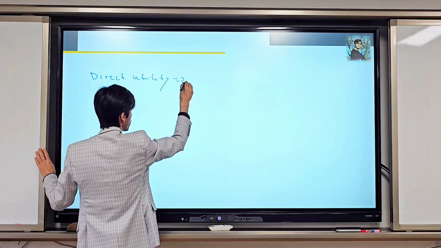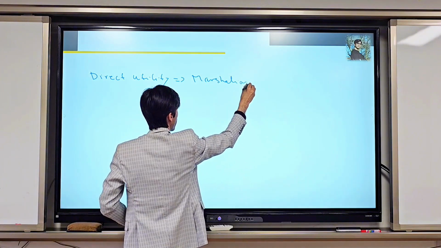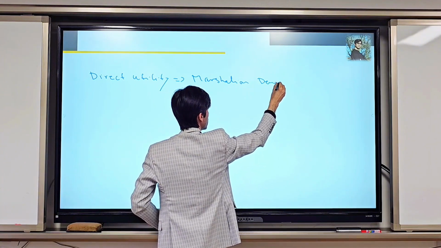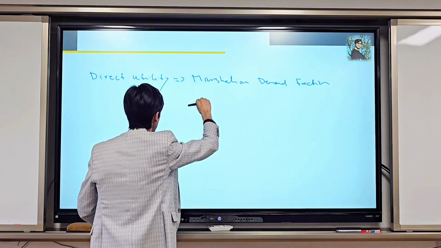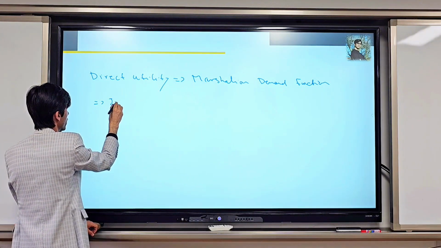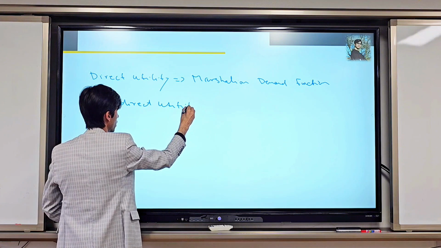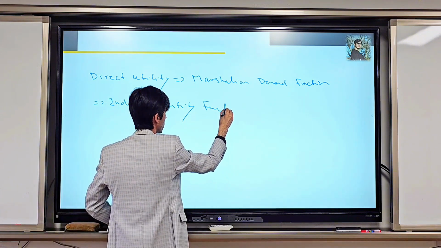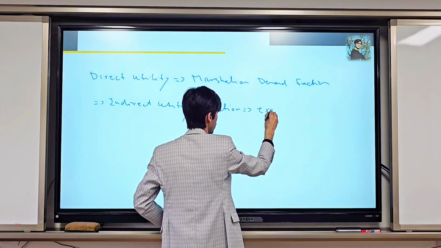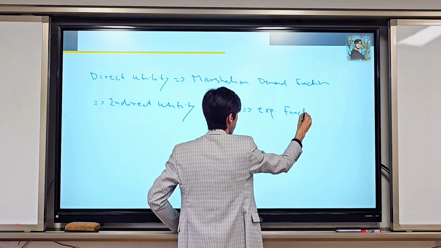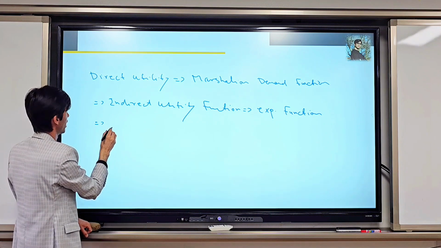By maximizing direct utility, we will move to find out the Marshallian demand function. Then, by finding the Marshallian demand function, we can find out the indirect utility function. By finding the indirect utility function, we can find out our expenditure function. And by finding the expenditure function, we can find out the